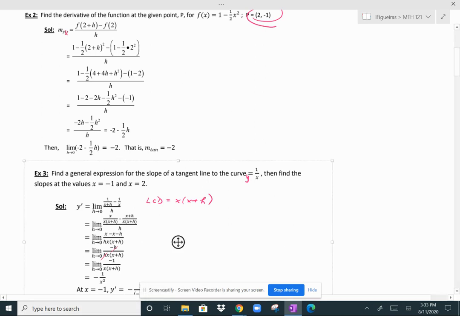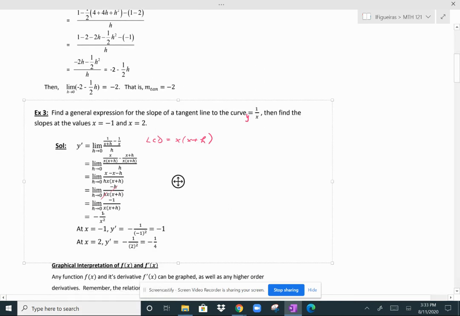And then we can apply the limit. So as h approaches 0, this term goes away, and you're left with negative 1 over x squared. So that's your general derivative here, and now you can plug in any value that you want for x as long as it's in the domain, and the derivative exists there. So at negative 1, when you plug that in, you get a derivative value of negative 1, and at 2, you get a derivative value of negative 1/4. Remember, both of those values represent the slope of the tangent line to the curve